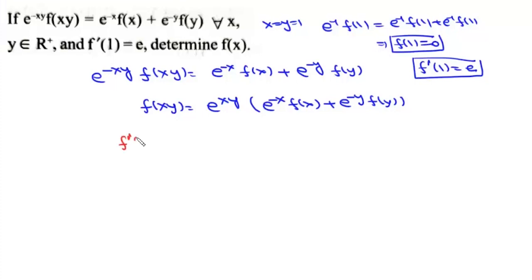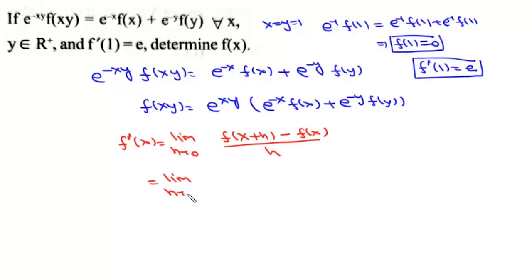Now we'll write this f'(x) as this limit as h tends to 0 of f(x+h) minus f(x) upon h, and we are going to write this as limit h tends to 0, and we'll take this x common. It will be f(x(1+h/x)) minus f(x)